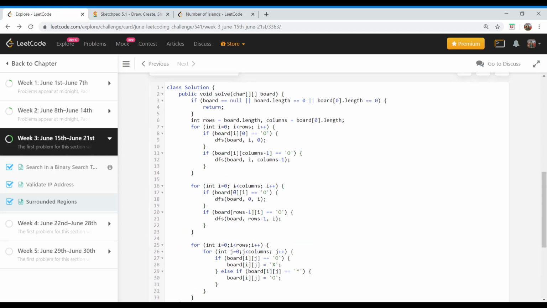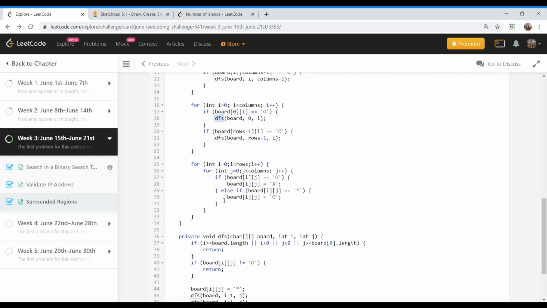And then we are running the similar thing for all the columns and the zeroth row and the last row. If either of these is O, we are going to run DFS on it. And at the end, we are going to traverse all the elements.